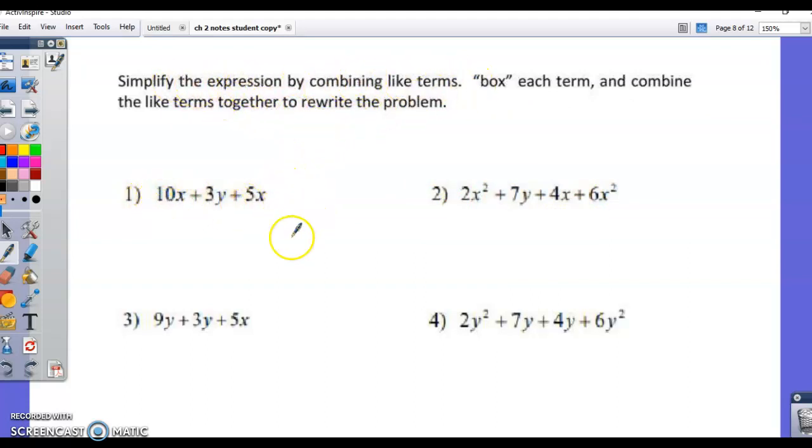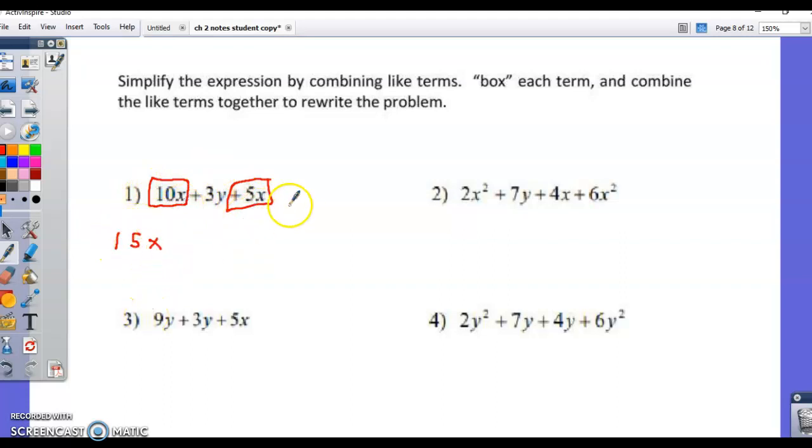So in problem 1, we have 3 terms. When we box the terms or separate them, what I like to do is start with the first one, a 10x, and then look for other terms that contain that same variable. The positive 3y does not, but the positive 5x does. So these two are considered like terms, and I can add them, or I can combine them. I like to use the term combined. So I have a 10x plus 5x. 10 plus 5 is 15x,